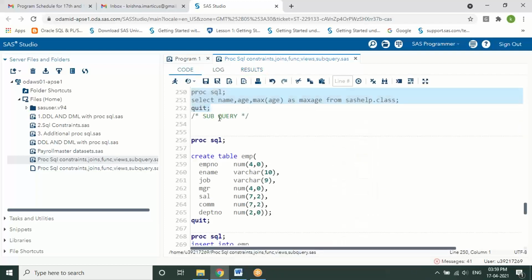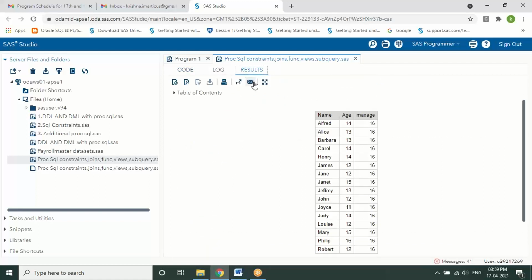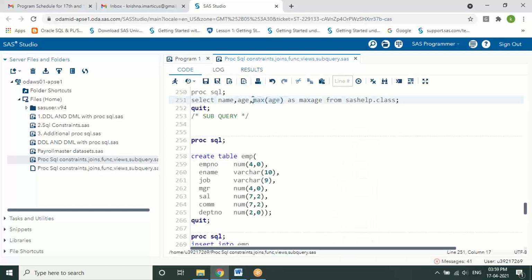Because I specified to display the entire column of name, the entire column of age, as well as the maximum age, which we wanted to find out. So that's the reason we got this result of 16. But I wanted to find the person in one single row whose age is 16 out of this. So then how can we achieve this?